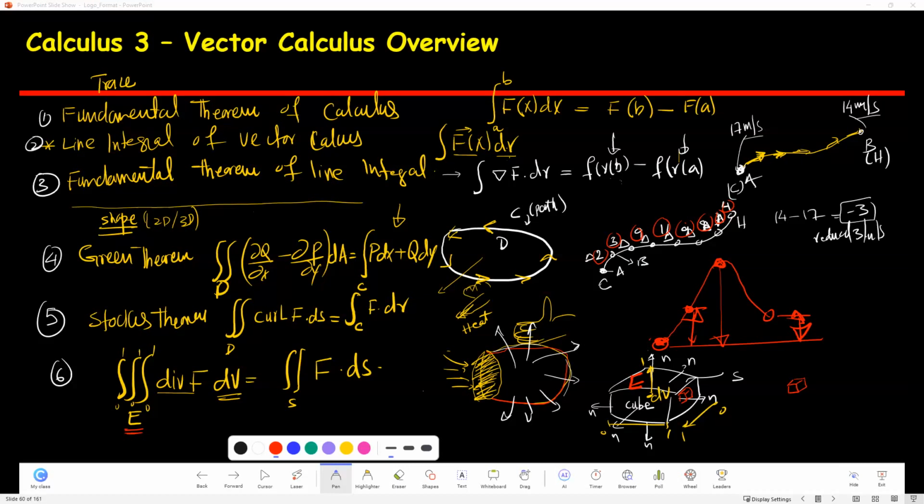But anyway, this is pretty much what we have as a vector calculus overview, in terms of how different kinds of theorems apply here. We already completed the